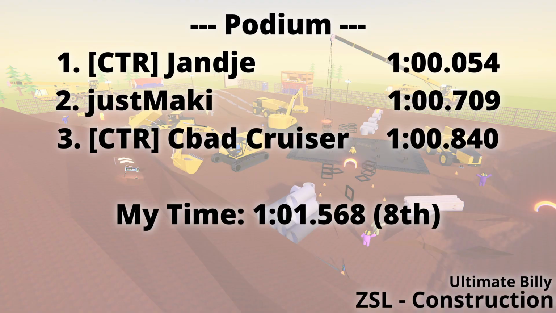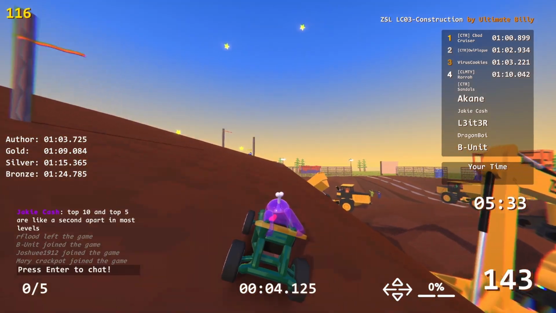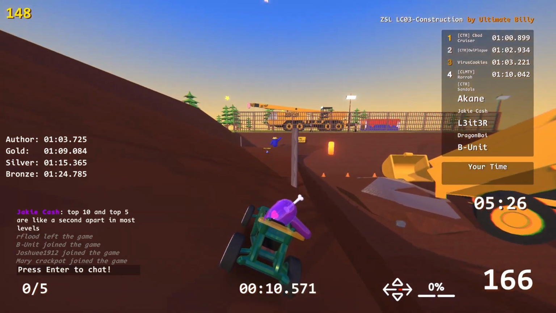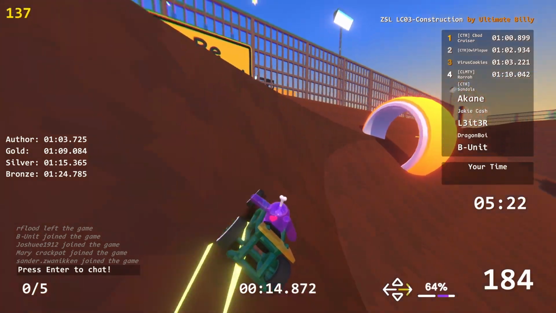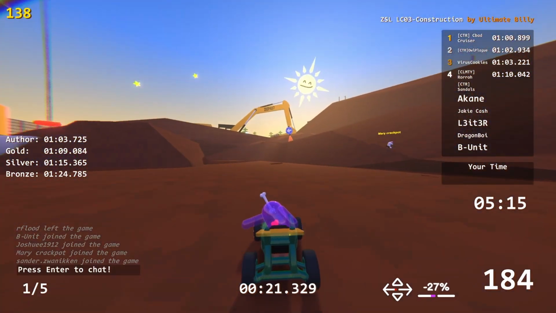So this first map here is Construction by Ultimate Billy. It's a very smooth map. I don't really have any complaints with it. I was very happy to see that it was picked to be the first map in the event. It's one that I wasn't worried about DNFing, not being able to put down a time, and there are some of the maps in this event, particularly toward the end, that I was a little concerned with that. So this was one where we were able to kind of just warm up and get used to the event,